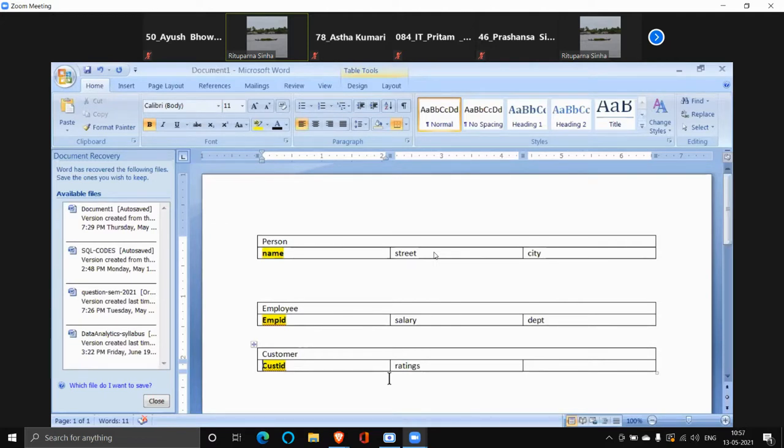In order to show the relationship, you have to attach the name column or the primary key column, not only name, it will be the primary key column of the person table, in the employee table.